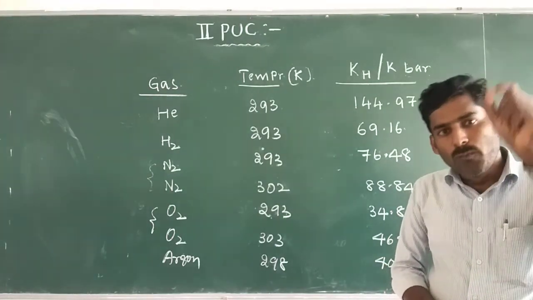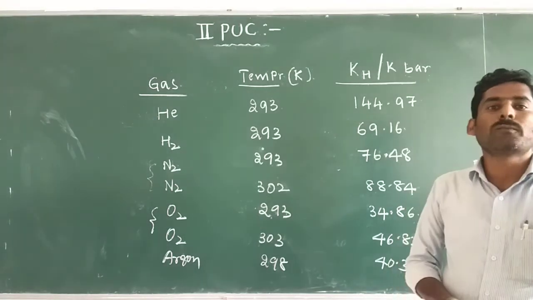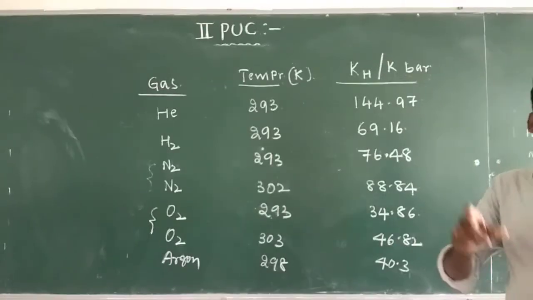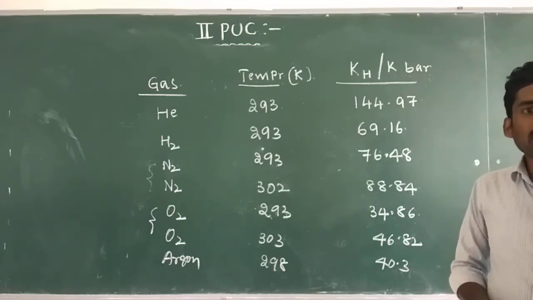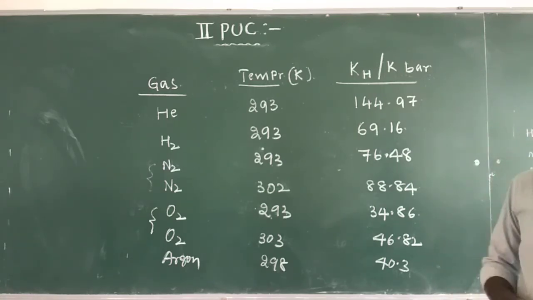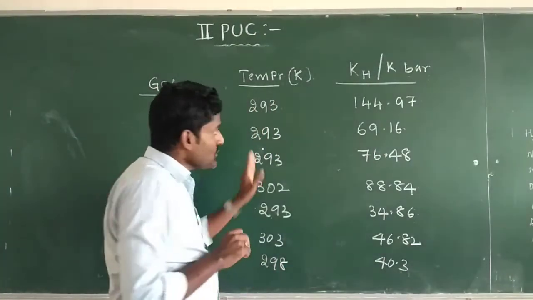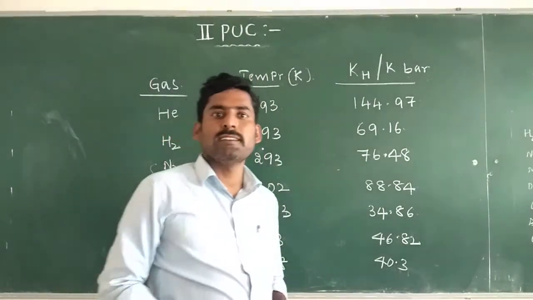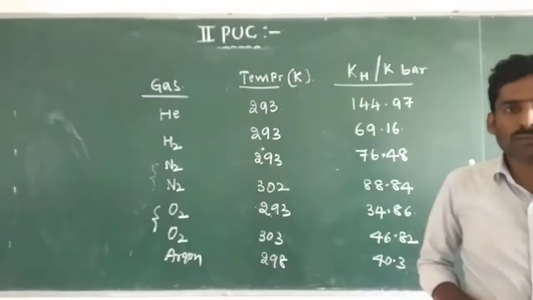Aquatic animals are more comfortable in cold water rather than in warm water, because in cold water more nitrogen and oxygen is dissolved. More oxygen is dissolved in cold water than in warm water. That is why aquatic animals are more comfortable in cold water rather than in hot water. So that is, greater the value of KH, higher will be the temperature, lesser will be the solubility of a gas in liquid or solution.